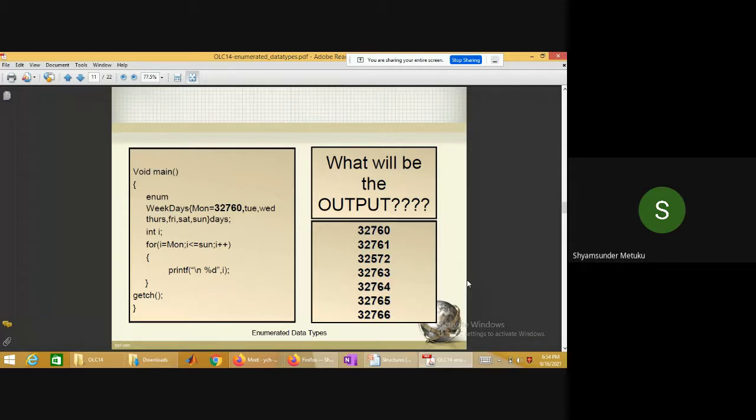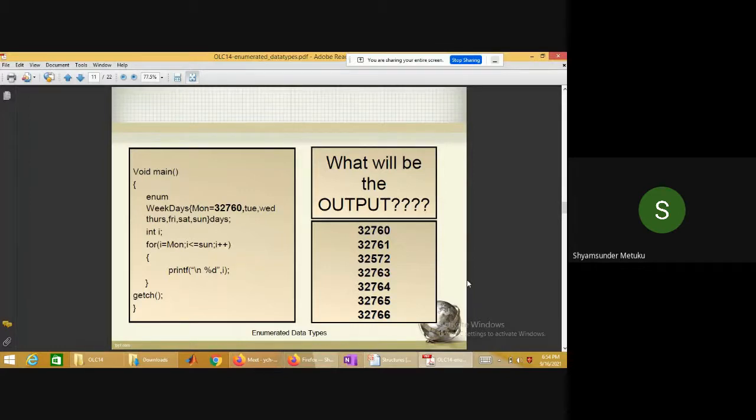As I said, if you apply Monday is equal to 32760, Tuesday is going to print 61, 62, 63, 64, 65, 66, 67, basically the last number is the largest in terms of the 16 bit integer. But you cannot decide based on that whether it is accepting or not. So it's compiler dependent.